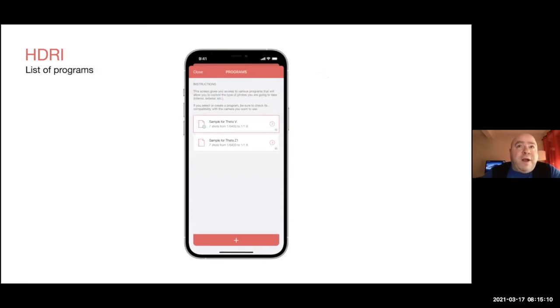This screen gives you access to various programs that will allow you to control the type of photo you are going to take. For example, the settings are not the same if you are in an interior scene, exterior, and so on. If you select or create a program, always be sure to check its compatibility with the camera you want to use. You have two presets on the screen, one sample for the Theta 5, one sample for the Theta Z1. They all have 7 shots